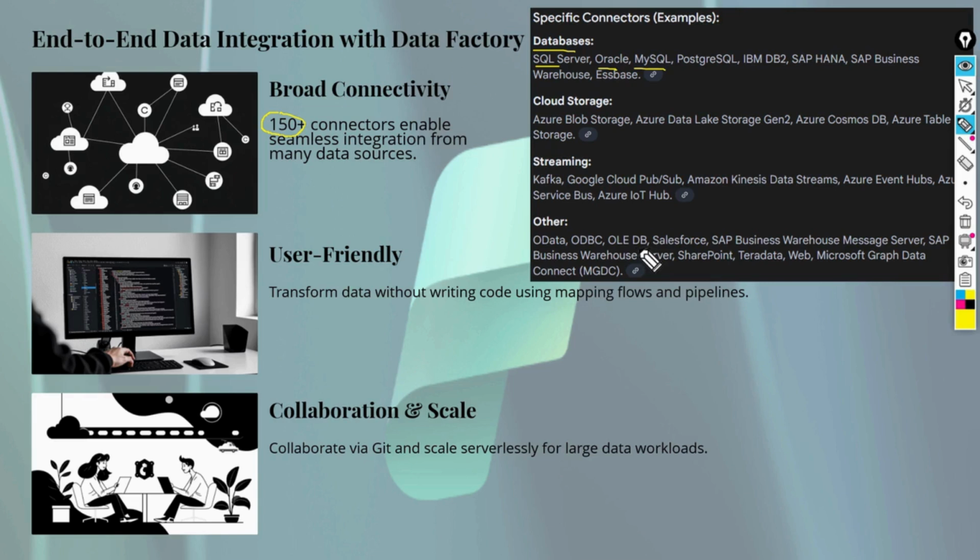Different sources can be connected very easily, which is very user friendly because we don't have to write any code, or the code is minimal, using mapping flows and pipelines. This also helps collaboration and scale, wherever you want to scale, very easily.